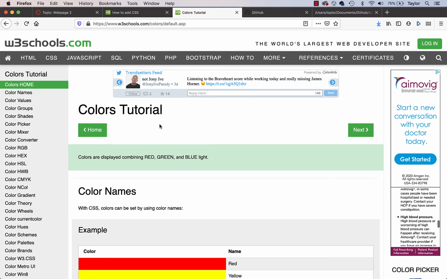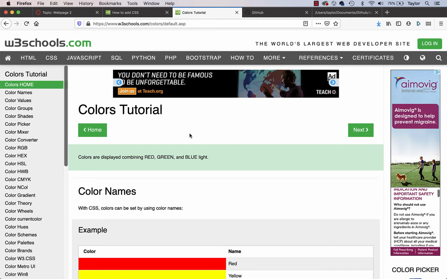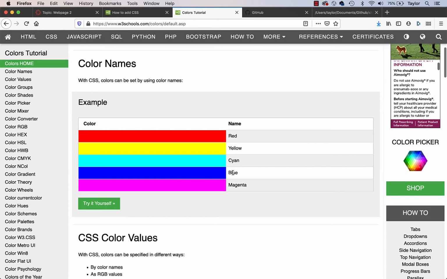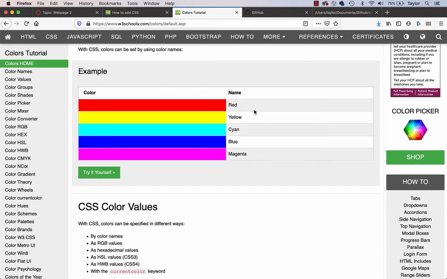So here we are in W3 Schools. See that the colors section is just absolutely enormous, right? So we're under the home, and we can see that when it comes to CSS and HTML, one of the things you can do is to set colors by name, although that's pretty limiting. So you effectively have access to the rainbow colors and maybe a couple tints and shades on either side. But for the most part, these are just like the super basic colors that a kid might draw with crayons